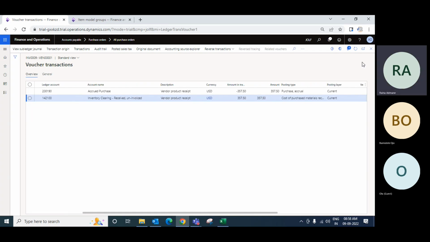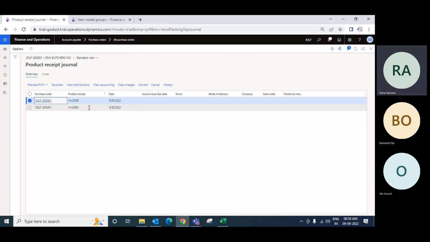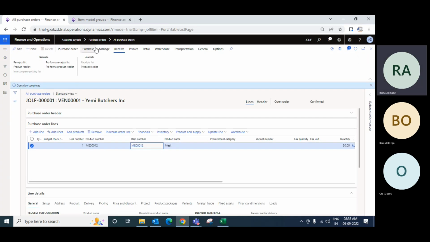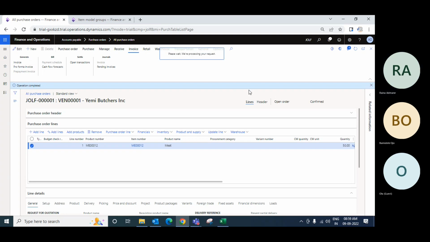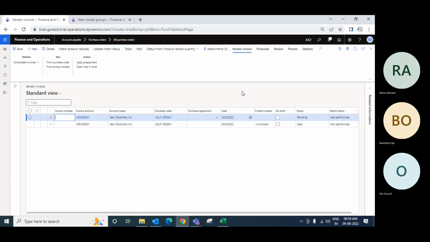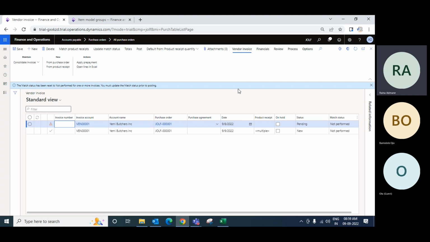Okay. Now product receipt has happened. Now let's go for the invoicing. Like receipt, you go here and you do the product receipt here, and then receipt journal will be here. Same, you go to the invoice now and then go to the invoice. This is the invoice button. Click on the invoice. Okay. In the invoice tab, what I can see, there are